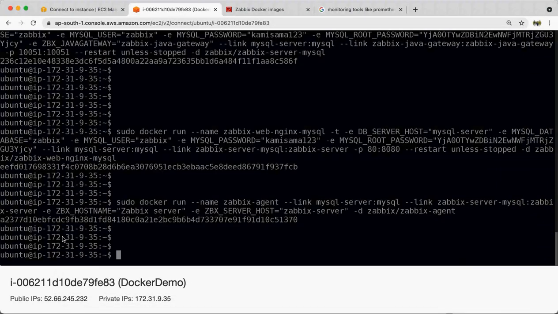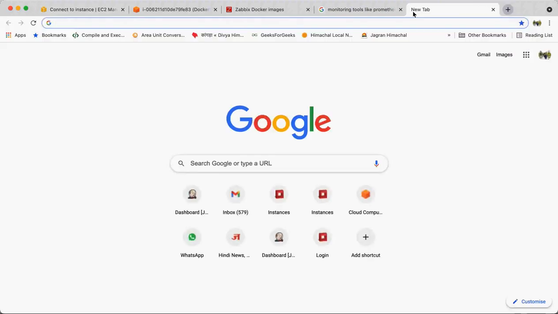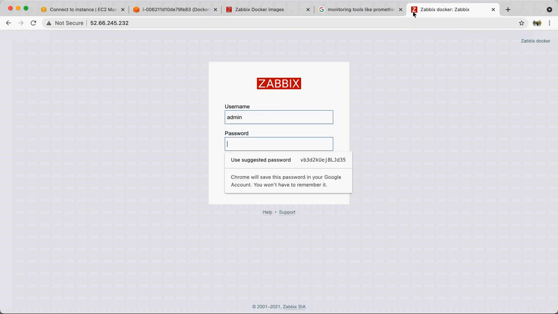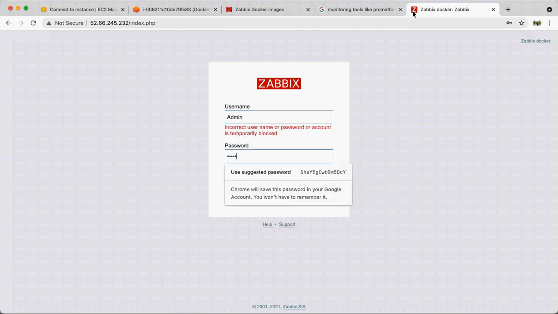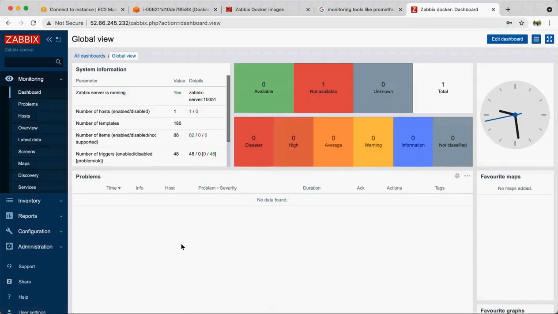Let me just get the IP address of this instance. If we open this, we have the Zabbix web UI interface. The username is admin and the password is Zabbix. You can change it. Now this is how the dashboard of your Zabbix looks.